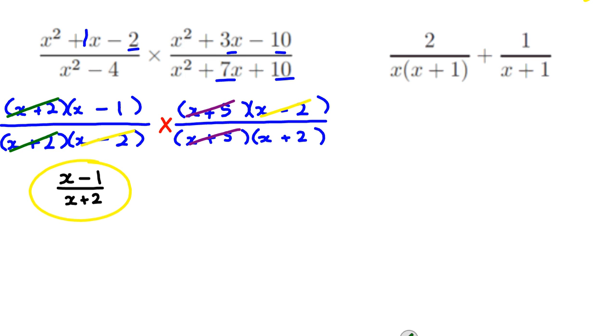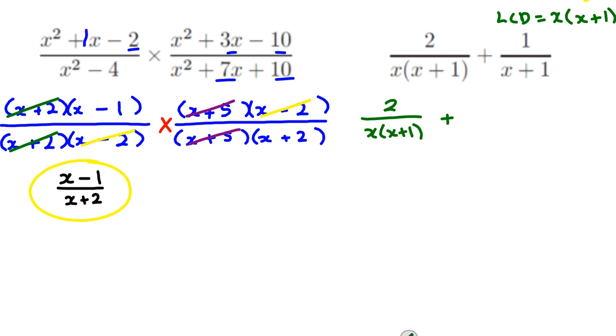We've got 2 over x, x plus 1 over 1 over x plus 1. Got to think, what is our LCD? Those come in the denominator. Have a think what it would be. That's right, it would be x brackets x plus 1. Which makes life easy because the first one is already over x brackets x plus 1. So let's write that, 2 over x brackets x plus 1